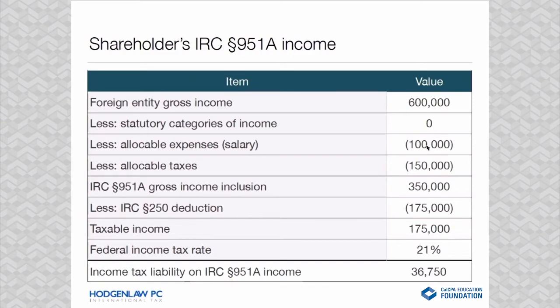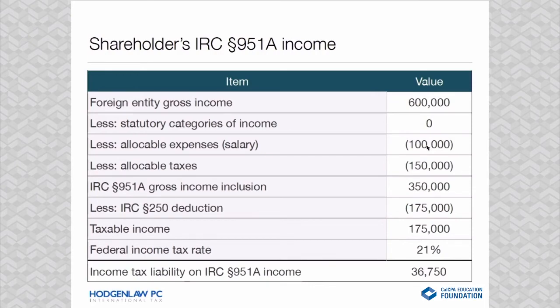Now we get to take the Section 250 deduction. Hooray, 50% off, deal. And so taxable income is only $175,000. And then, bonus time, we get to compute the income tax liability for the individual using corporate tax concepts. So that includes the 21% flat tax rate. So we have an income tax liability on the Section 951(a) income of only